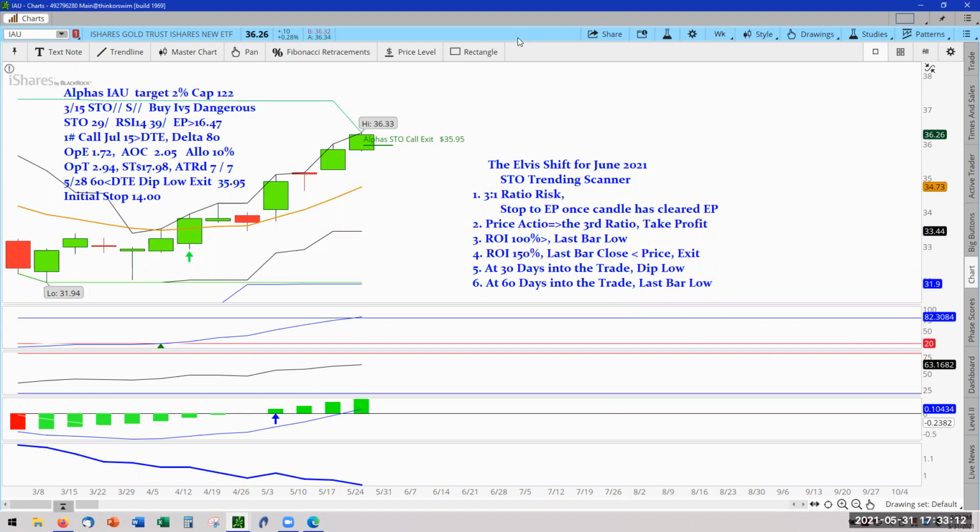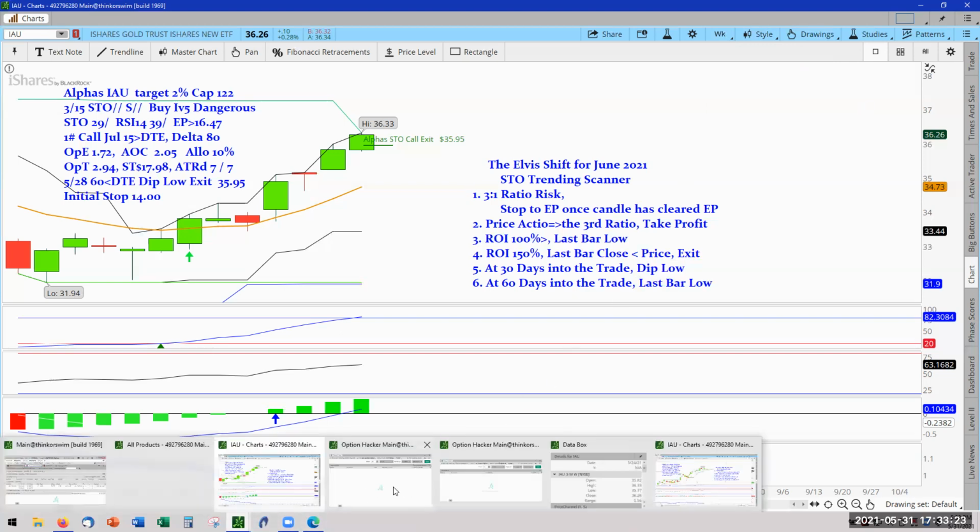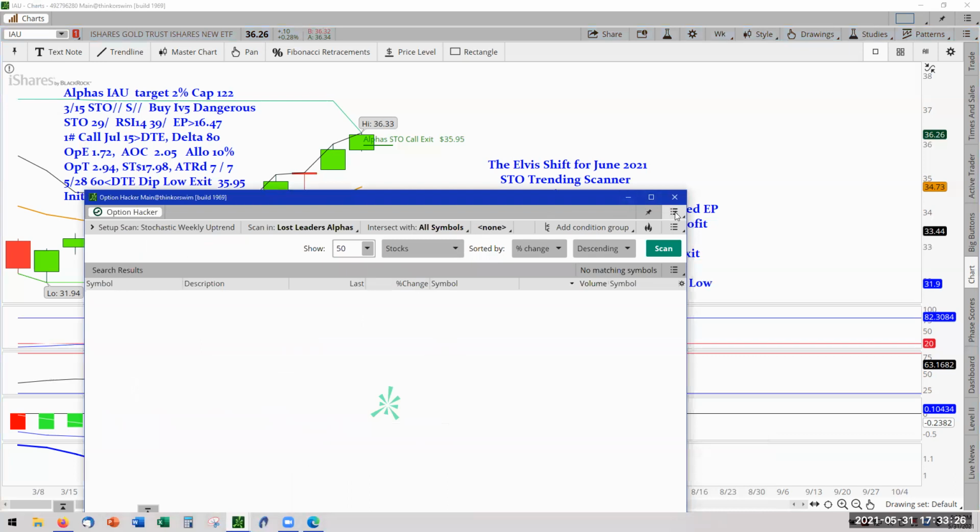So now, what is the Elvis Shift for June? Well, the Elvis Shift for June, first of all, we're not going to be using the weekly scanner anymore. We're going to be switching over to the